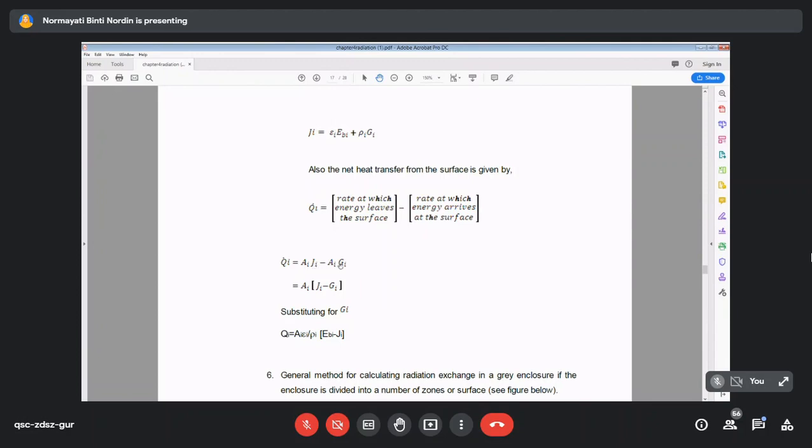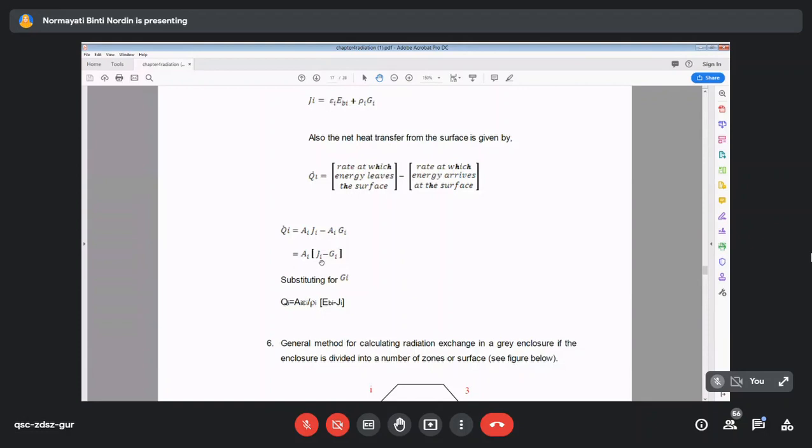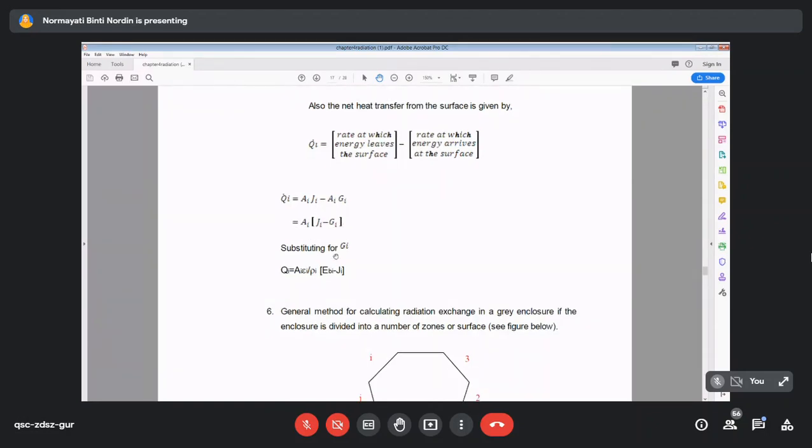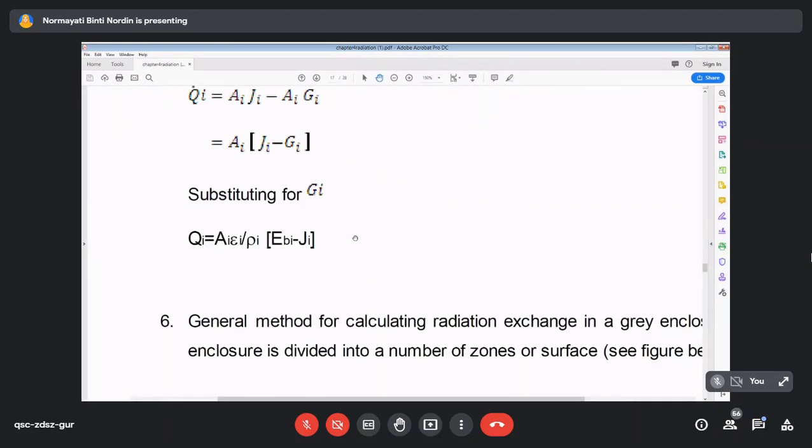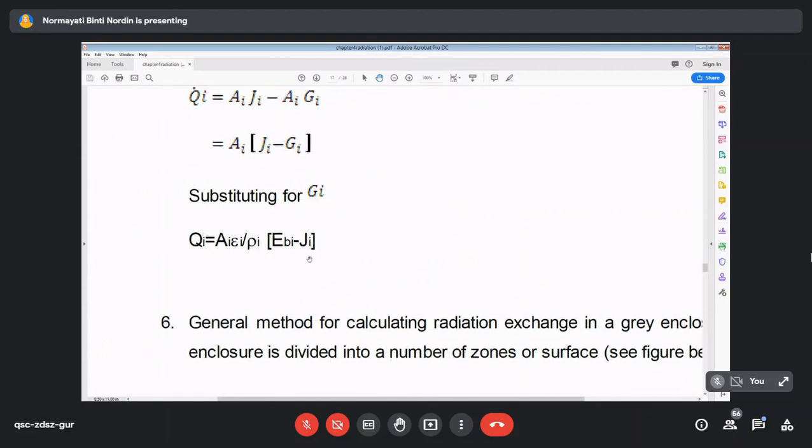Radiosity and incident radiation have units of watt per meter squared, so you need to multiply with the area to get the watt unit. So you will have these equations and you need to substitute the incident radiation, and by manipulating this radiosity formulation, you will have these important formulations that you are going to use to solve radiation exchange